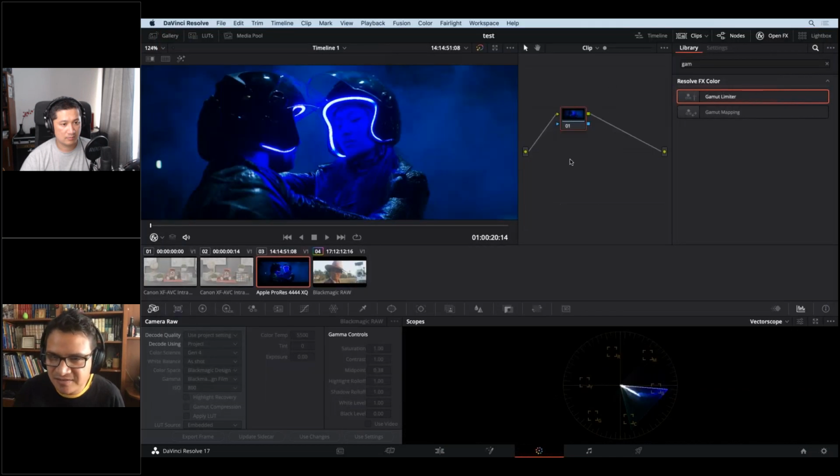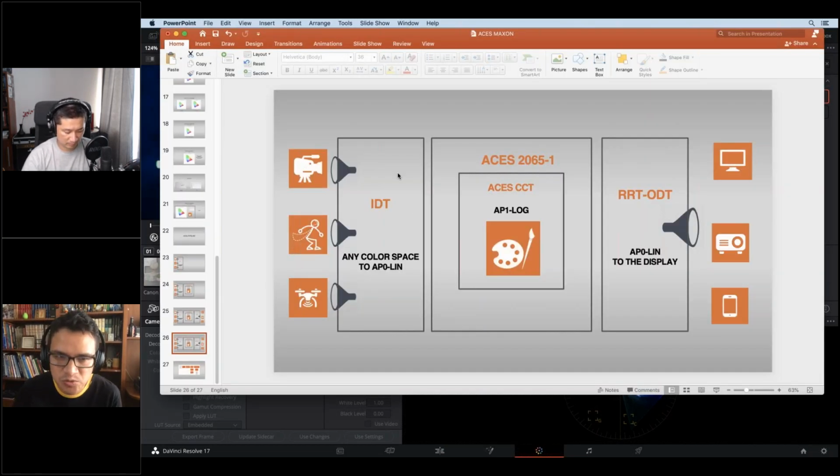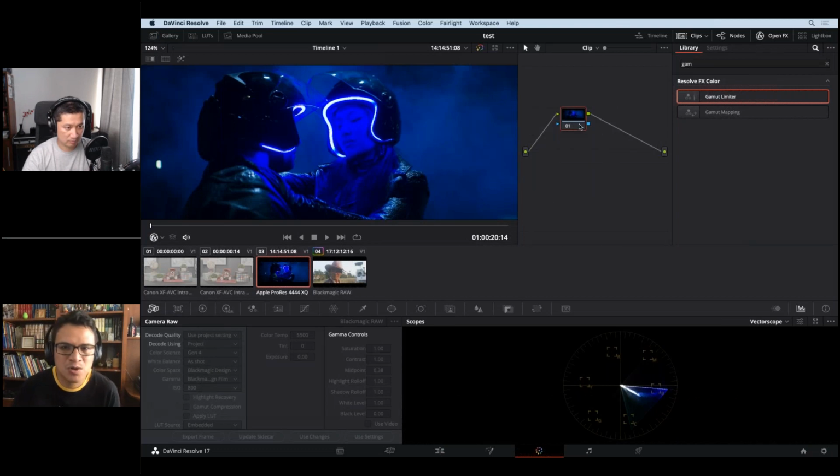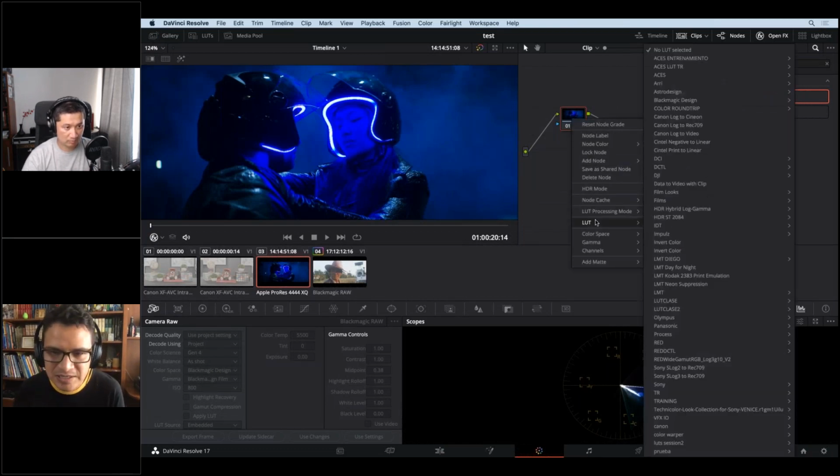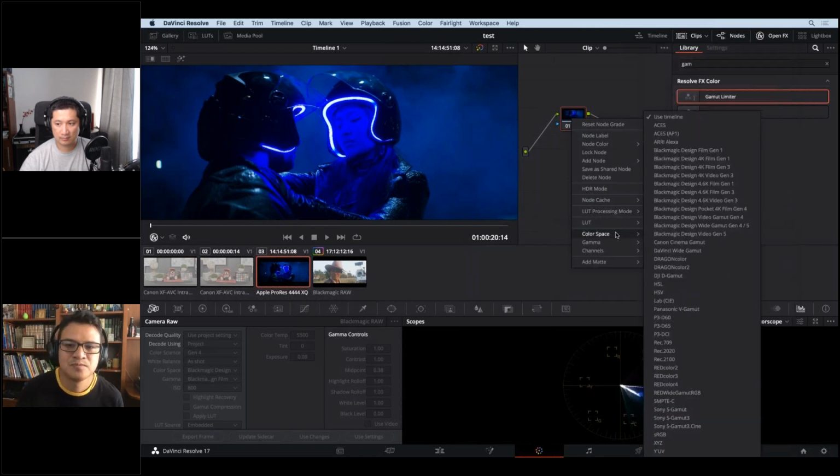This means that it's ACES CCT all of the time. When you are working outside nodes, it is ACES 2065-1. So if we want to apply a LUT or a tool that is going to correct something that is happening in ACES 2065-1, we need to apply that LMT in AP0 or ACES 2065-1. So what this means is that you need to change the color space of the node, and you can then later